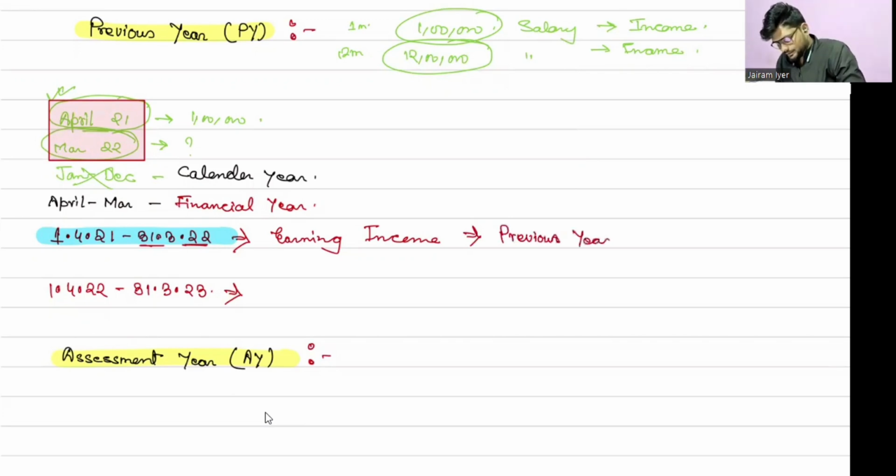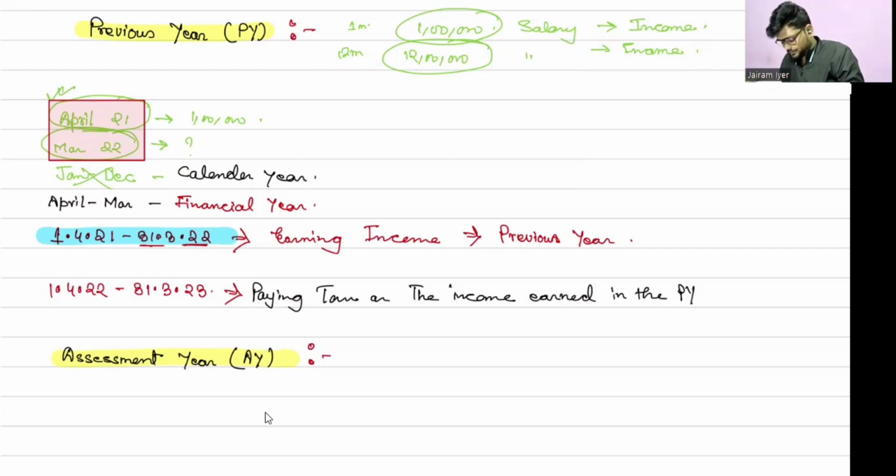And in this year, she will be paying tax on the income earned in the previous year, and this is known as